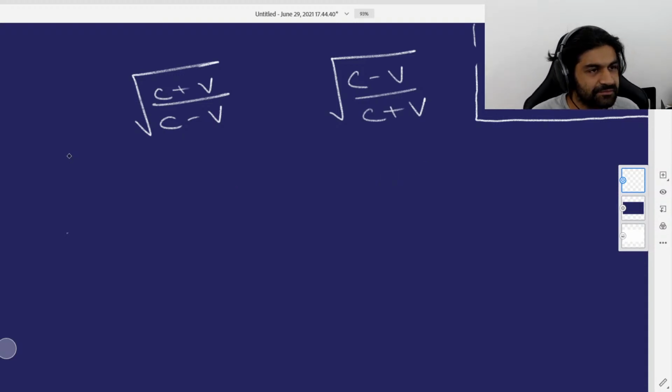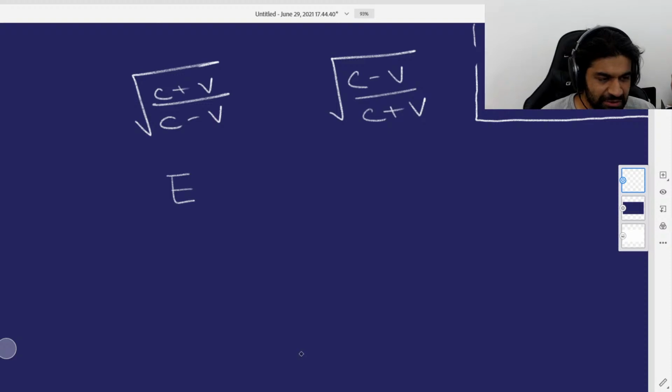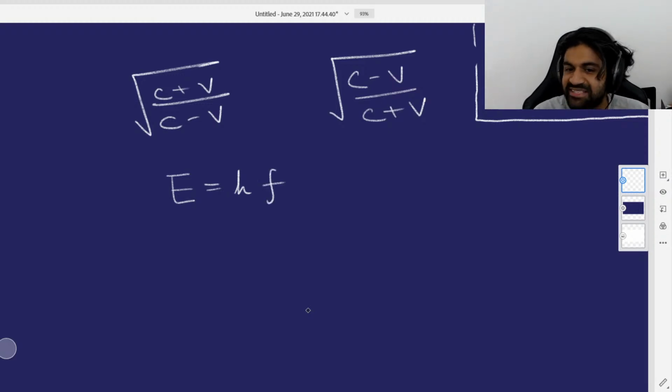Okay. All right. Now, first of all, let me write down a few equations. From quantum mechanics, we have this equation that says you can compute the energy as being proportional to the frequency of the wave that you're working with. The constant of proportionality in this case is called Planck's constant. By the way, we won't need Planck's constant. All the Planck's constants in our computation are going to cancel each other out. You can pretend this is whatever constant you like, but you do need this idea that the energy is